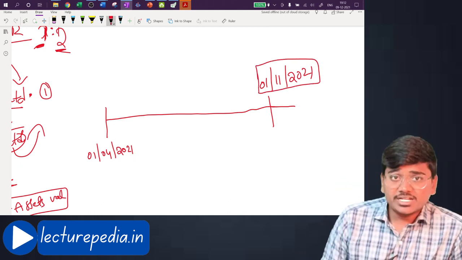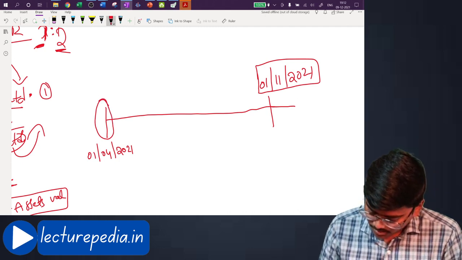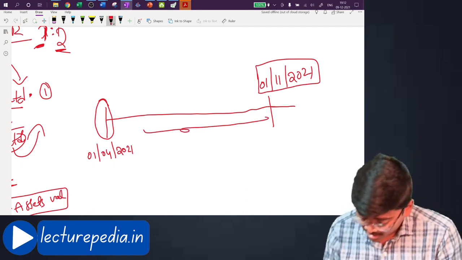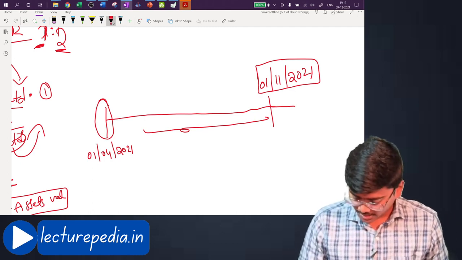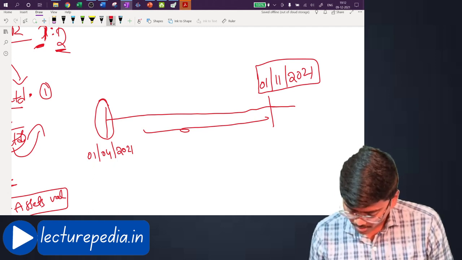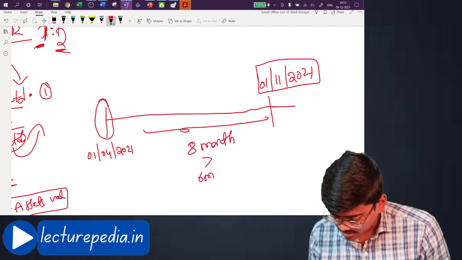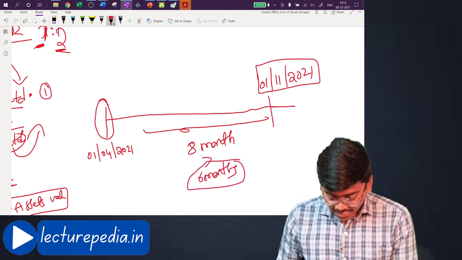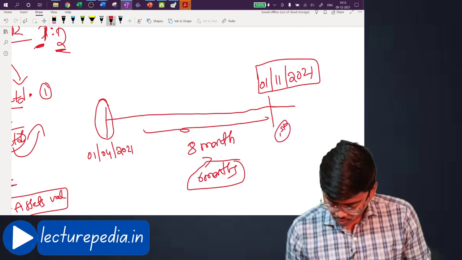Okay, now on this date we will have financial statements of that transferor company till this date. The financial year has not ended, so we will not have financial statements for this period. How much is the gap between these two dates? April, May, June, July, August, September, October, that is 7 months gap. November, 8 months gap. The gap is 8 months, which is more than 6 months. Therefore, since the gap between the end of financial year and first meeting for approval of this amalgamation is more than 6 months,